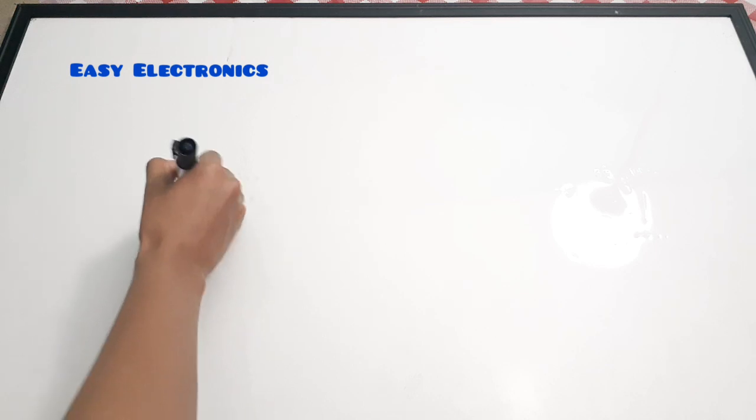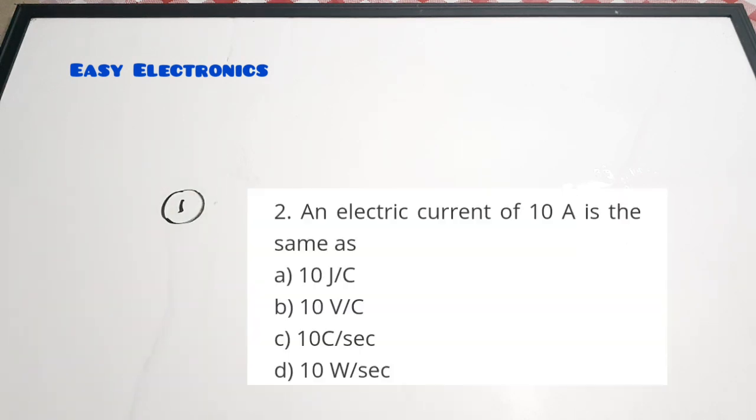So let's see what the questions are. The first question is question number 1. It is a basic question. The question is, an electric current of 10 ampere is same as dash. Option A, 10 joule per coulomb; B, 10 volt per coulomb; C, 10 coulomb per second; D, 10 watt